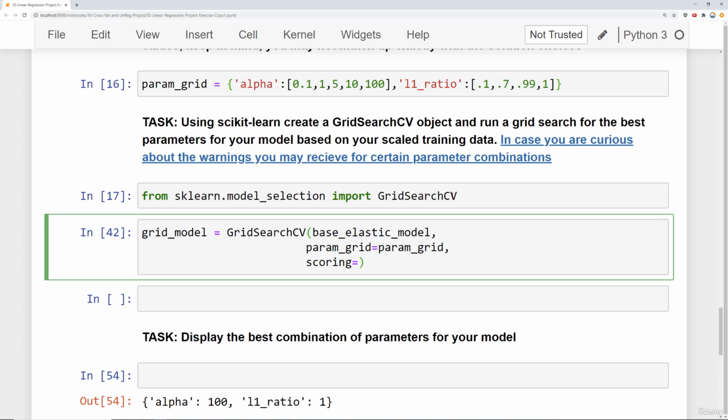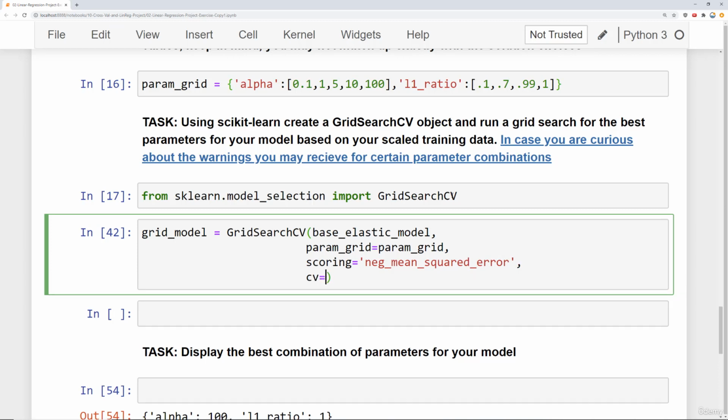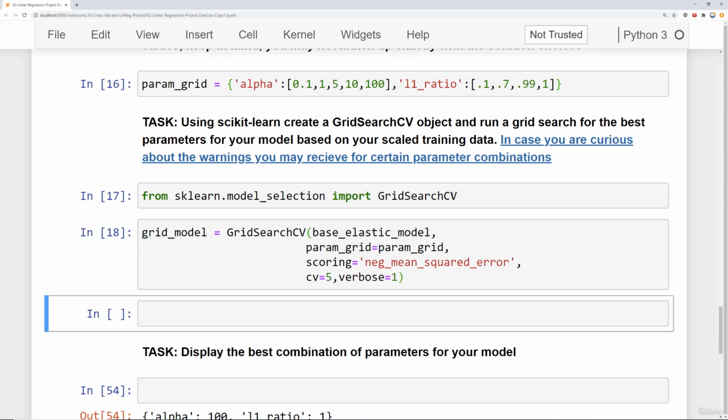So in this case, this is a consideration for negative mean squared error. And then I'm going to say cv is equal to, let's just make it a 5-fold CV, nothing too crazy. Verbose is equal to 1. So we'll run that, and now we're ready to fit to the scaled version of our data. So I'm going to say grid_model, fit this to scaled xtrain